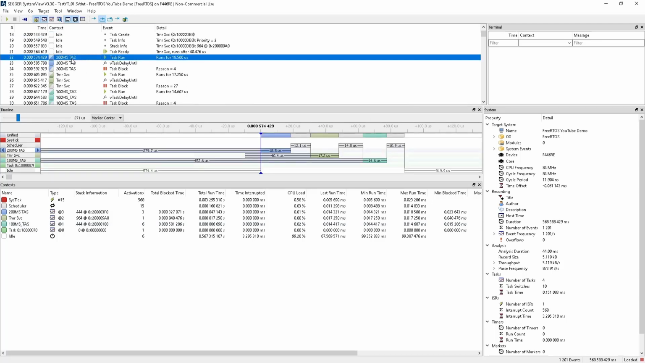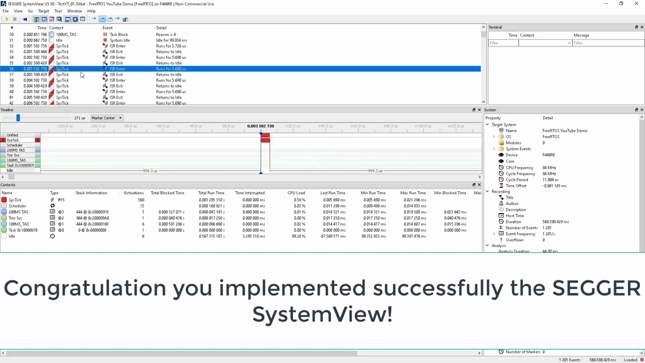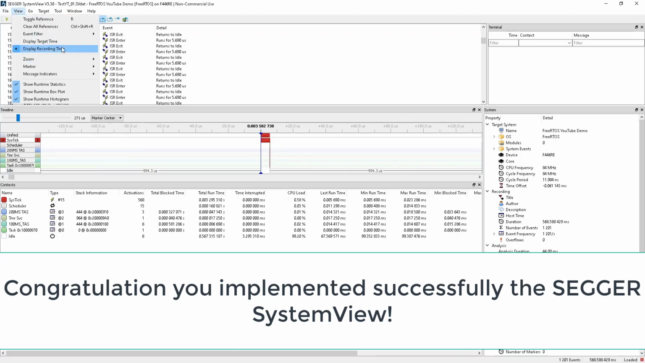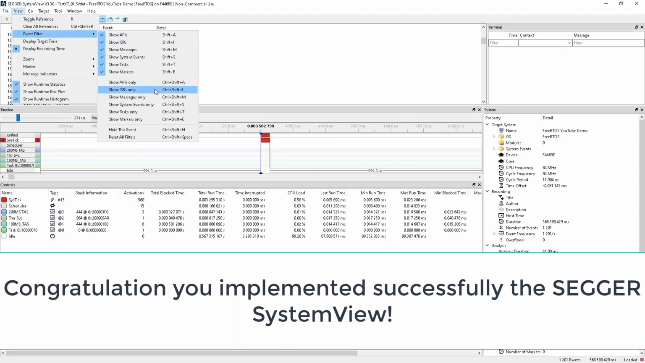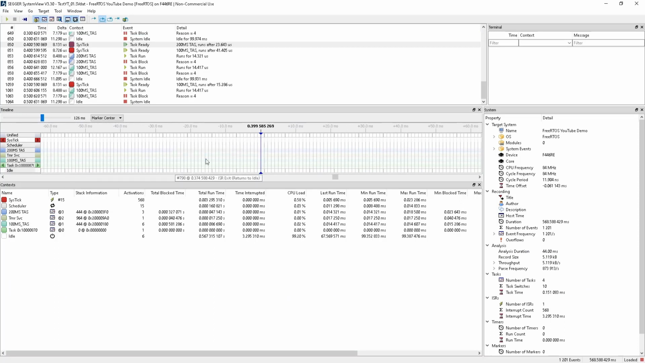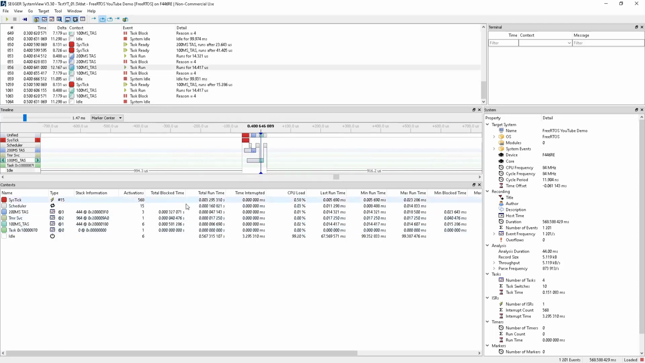So this is the 200 millisecond task, 100 system tick, a lot of system ticks. So we can go to view and let's filter tasks only. So let's see only the tasks. This is the system tick that happens every 1 millisecond, and here are the tasks when they are run. You can view this. You can view also